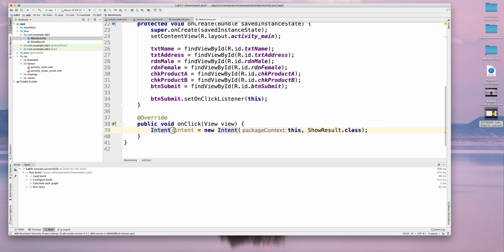Now what does it mean? Intent is the class, and for the name of this object we just use the name intent in small case. You can use any name you like, but the type must be Intent. This is simply the object name, and we're going to create an object from where the intent is sent from. For the gray text, package context, you need not type it. You simply need to type this, comma, ShowResult.class. The intent is sent from this activity to